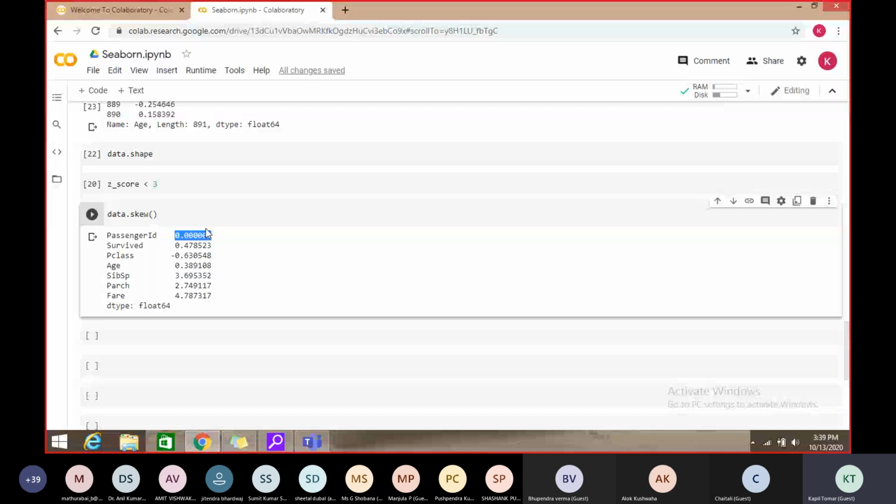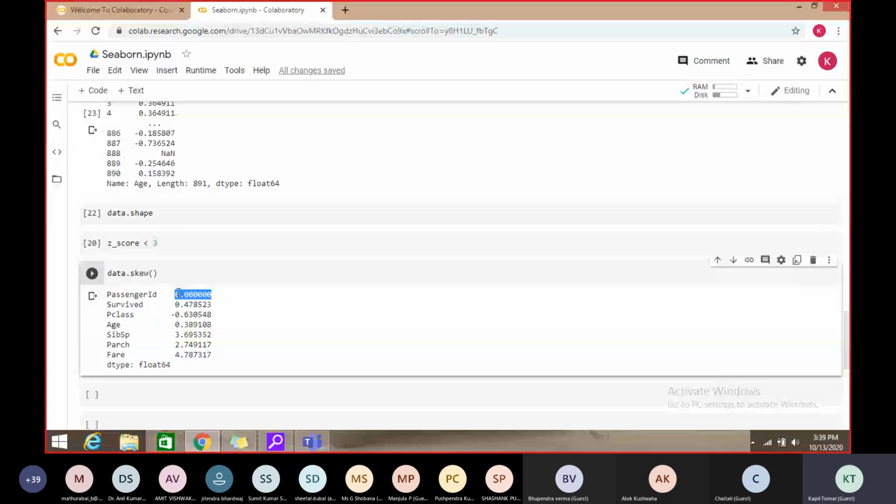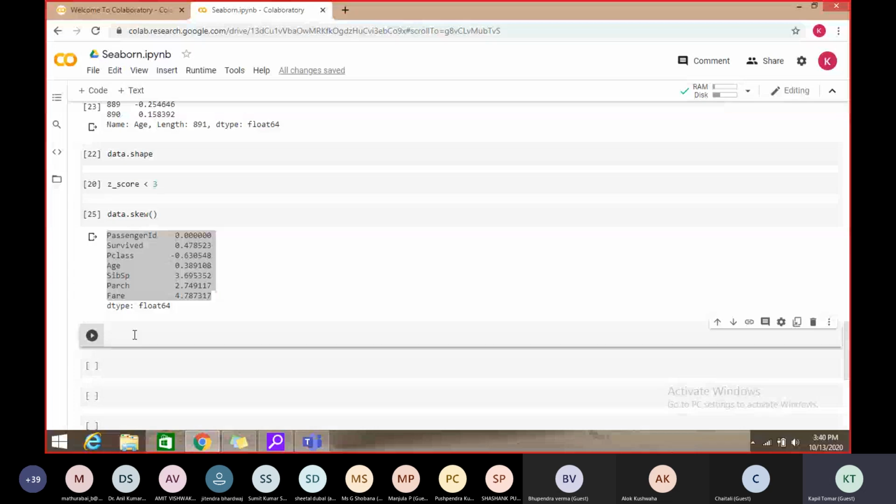Because of passenger ID. Generally passenger ID is automatically generated by the system. It is 0, 1, 2, 3. So it is not skewed, it is symmetrical, it is showing 0. So it is positive and negative, like on the positive axis or the negative axis, where these values are skewed. It is very clear if we have this statistical knowledge, but if we don't, then it is much easier to analyze with the help of these graphs.